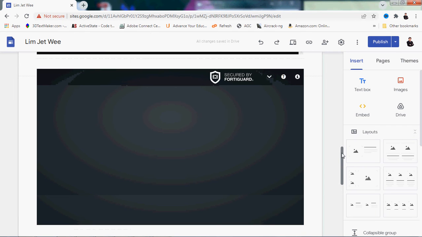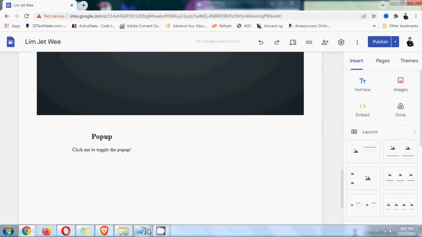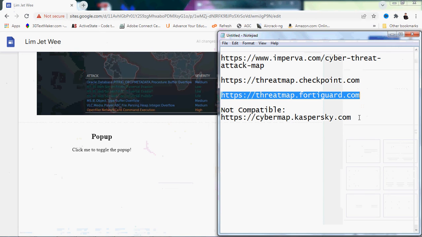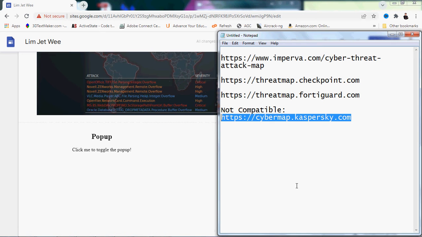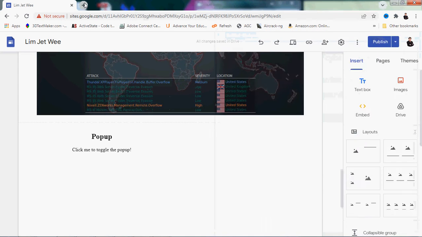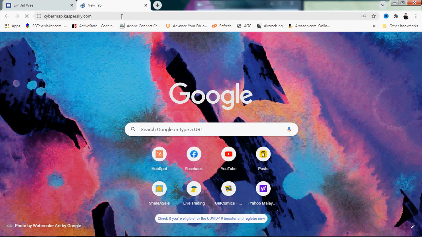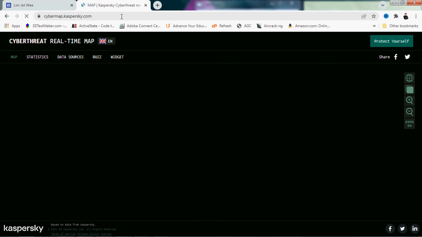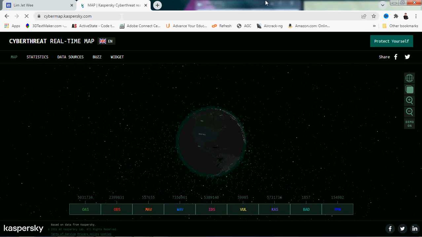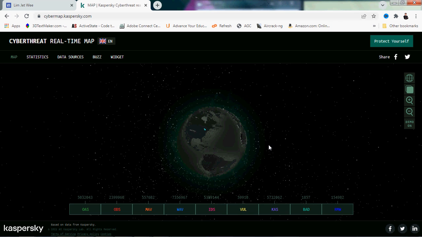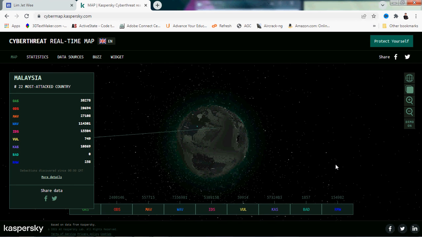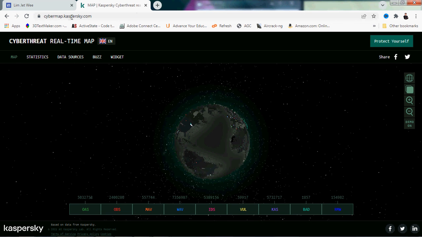But what happens if I choose one that is not compatible? This one, the Kaspersky one. Let's say I do a copy. If I were to run this directly inside the browser, it actually works. Yeah, see? So it's working inside the browser, but unfortunately it is